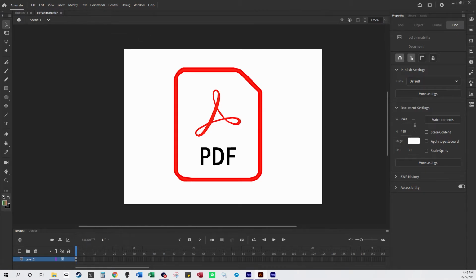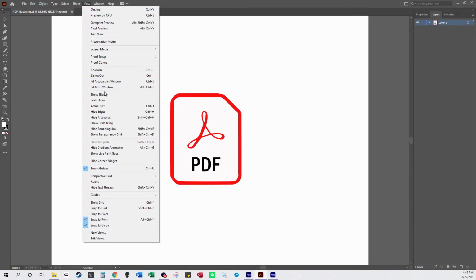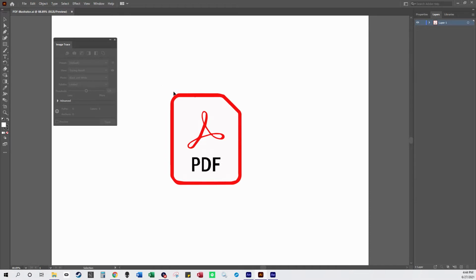So in Adobe Illustrator, you basically do File, New, and then you could open up the image that you did. And if you go to View and Window and Image Trace, so after you open up your image, you can like highlight the image,